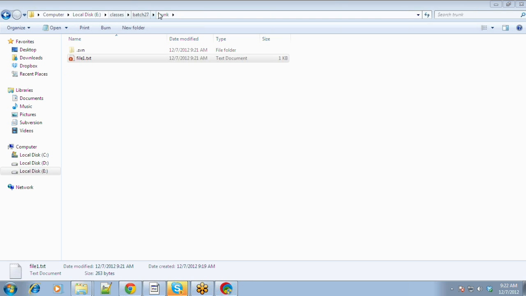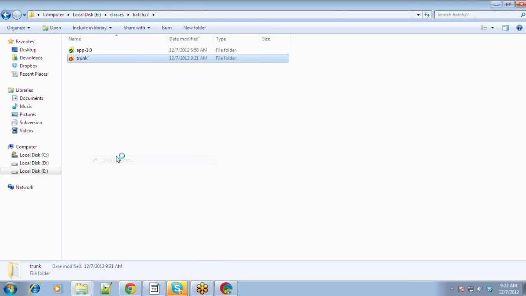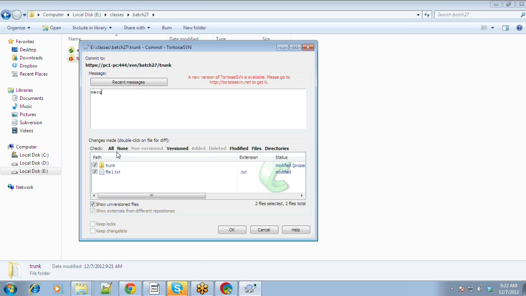Now I am just committing it. Always when you are doing merges, it's advised to commit from the root. Merge from 10 to 13 and the changes are